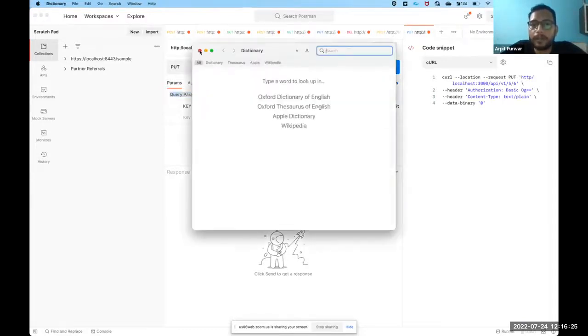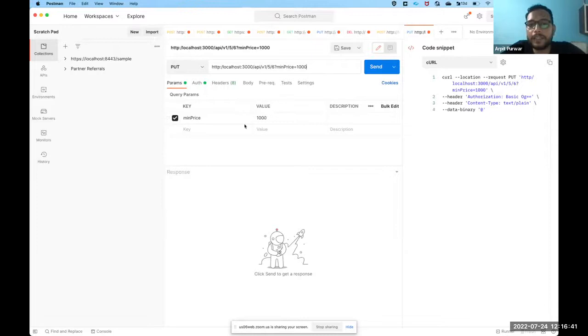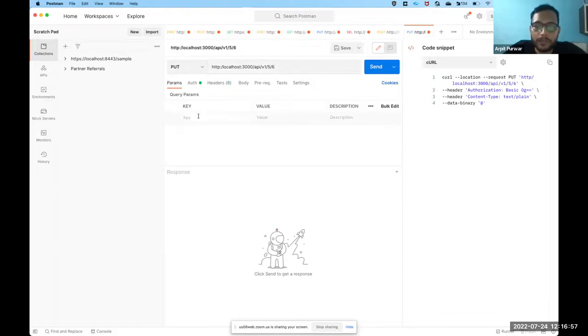If we're talking about these params, then we are giving the question mark and price is equal to min price. You remember that thing? I was giving the example. You can see automatically these values are fetching here. That is the query params. And the regular params are similar, like 5/6. We can access these with request.params. But for the question mark one, automatically you can create it from here also: min price, 1000, that's all.